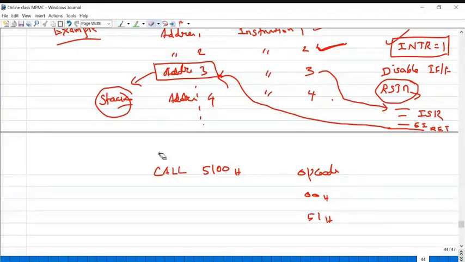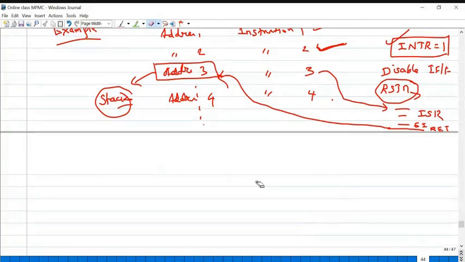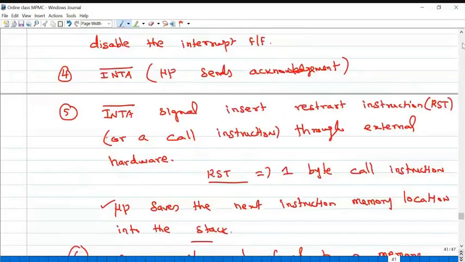Now, I have given some assignment today. Check your Google Classroom and try to find out the timing diagram for the given instruction and draw it by pencil only, then submit before the deadline. Okay, so any doubt in this?